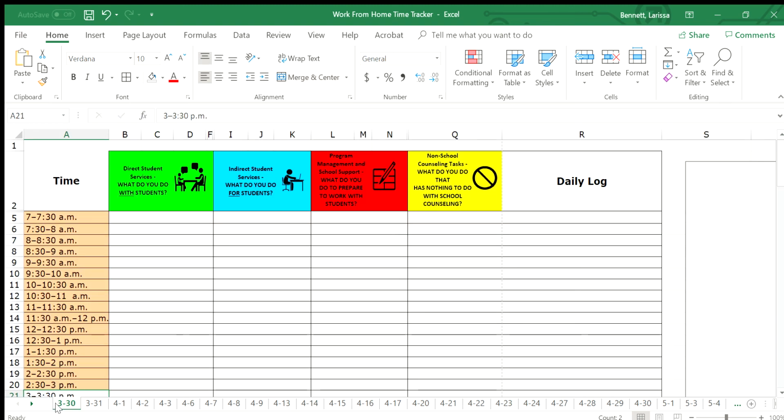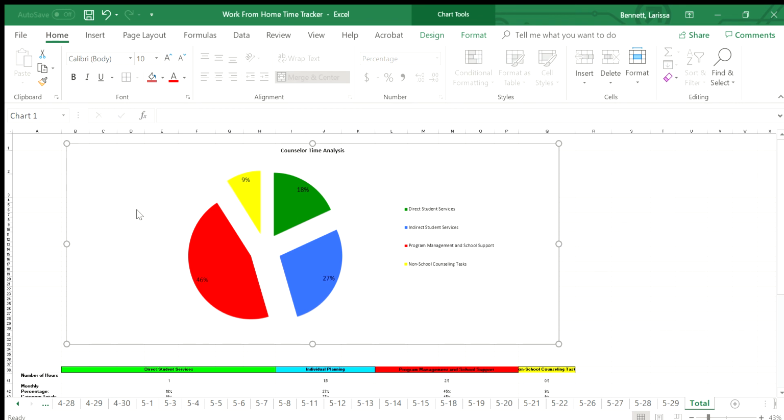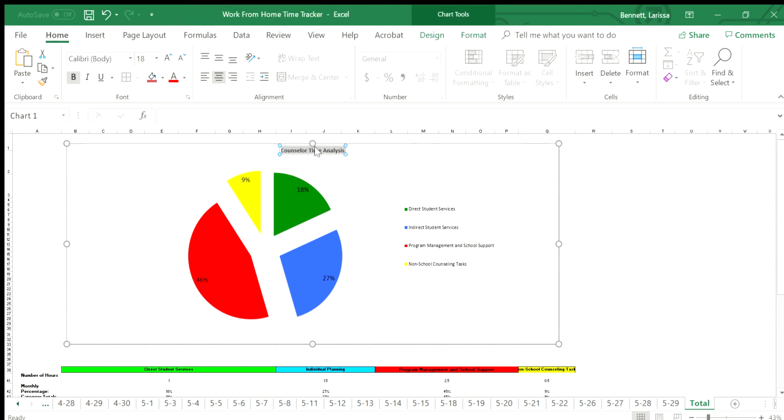So if you were going to capture that maybe for the first week, then what you would do is click on that total for that first week, and you would be able to take a screenshot, or you can right-click and you can save this chart. You can copy it and paste it into a document, and you can save that chart for you and just rename it as, you know, the first week information. So however you choose to use that data, that's there for you.